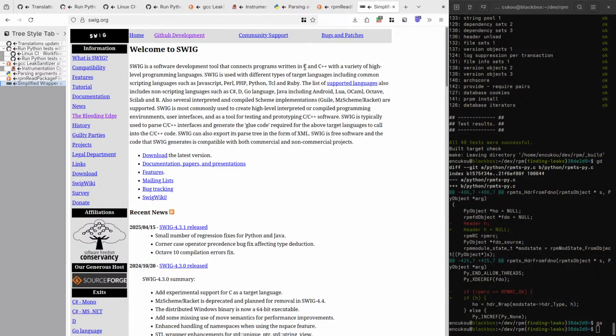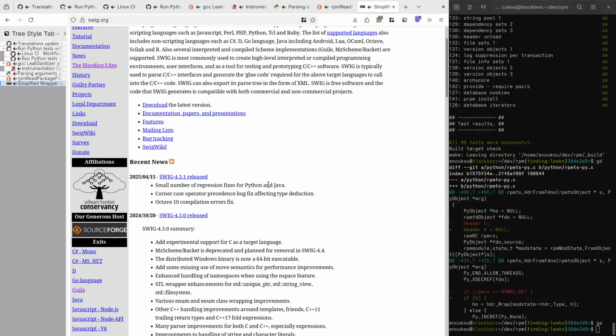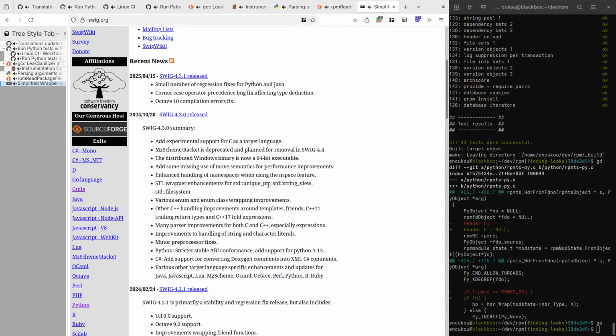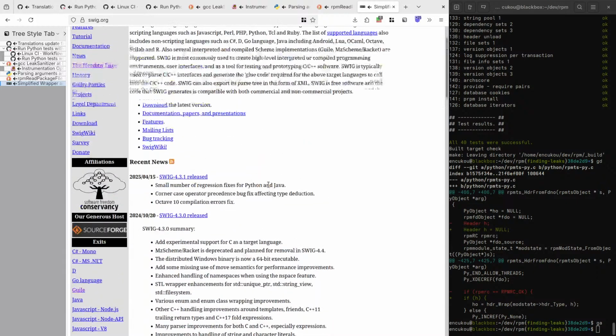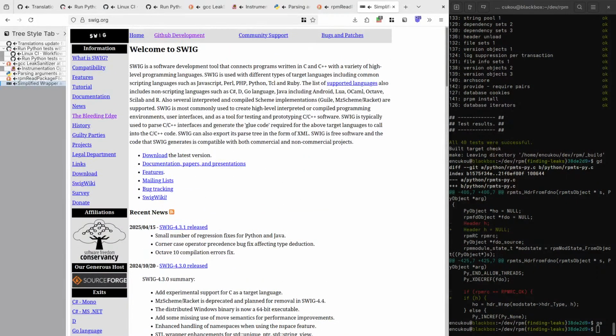Not really familiar with it. C++. Do anything. JavaScript, Perl, Python, PHP, Python, Tcl, and Ruby. So it generates some kind of glue code.